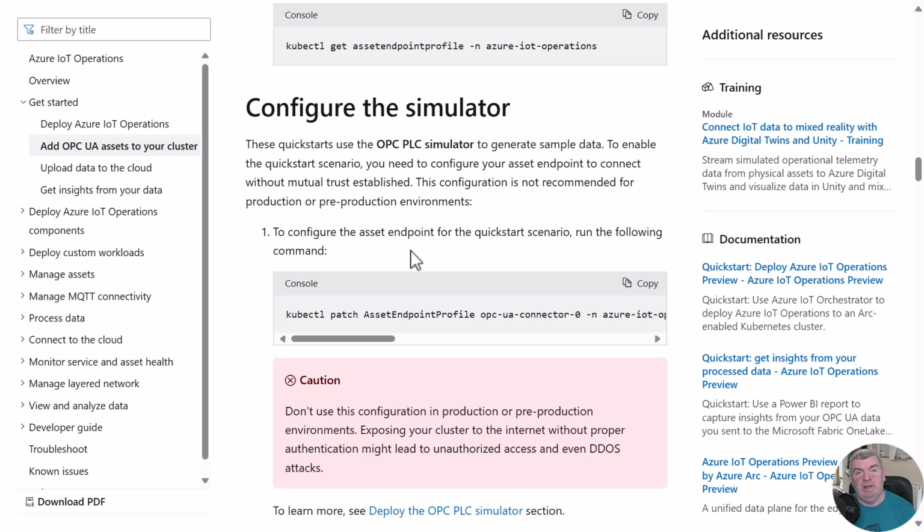So the next thing we need to do is configure our simulator. These quick starts use the OPC UA PLC simulator. To generate sample data, we use that simulator. It gives us some data flowing through IoT operations. But we need to configure our asset